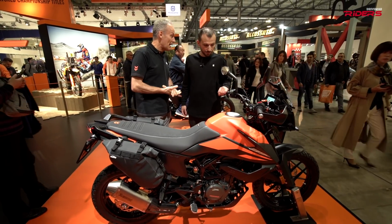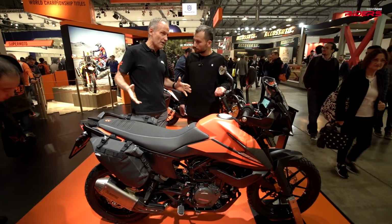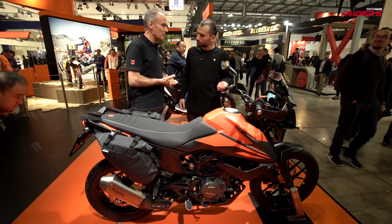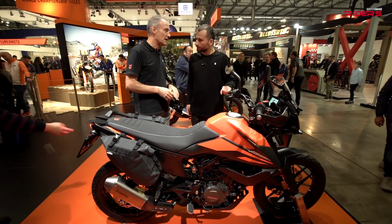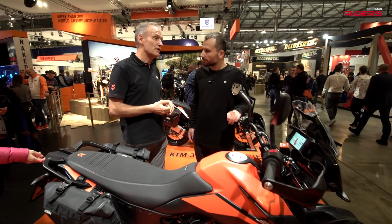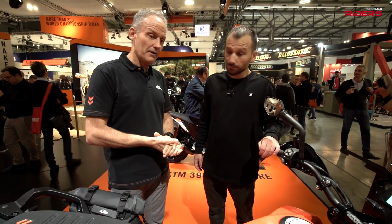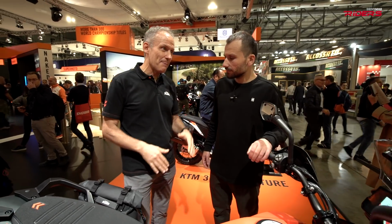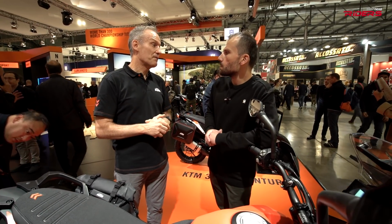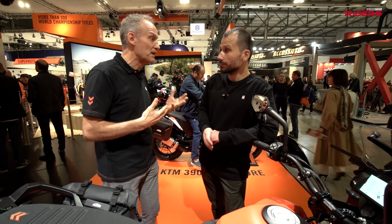Suspension travel, 170 in the front, 177 in the back. All in all, this bike is an all-rounder. You can do everything with it. You can do excellent rides on the road, but you can also do top riding when it comes off the road. In my opinion, it perfectly fills the gap below the 790 Adventure, and it's not just a beginner's bike,